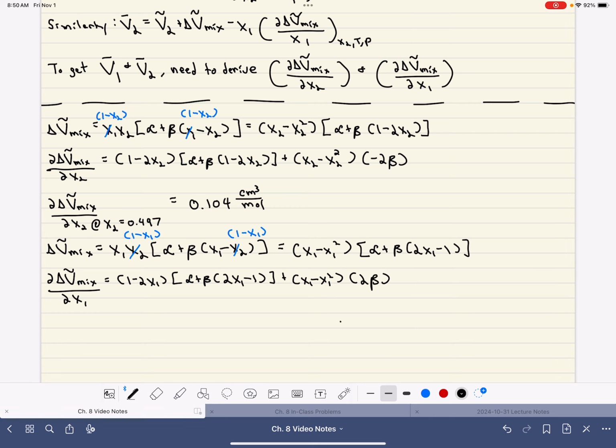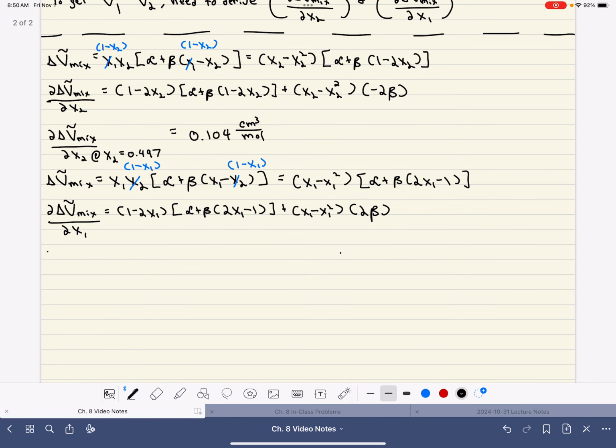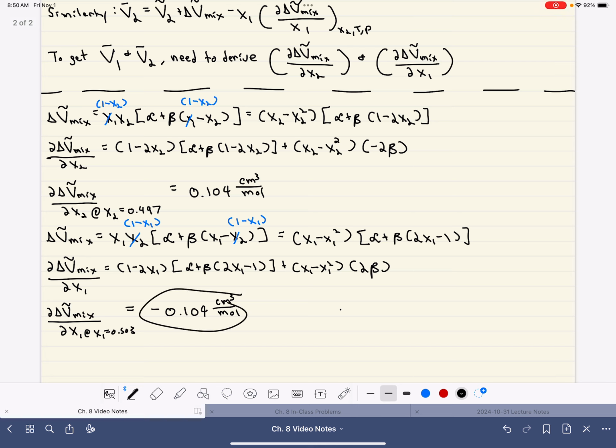And then when we evaluate it, we find that we get negative 0.104 per mole. Right? And so as you'll notice, this